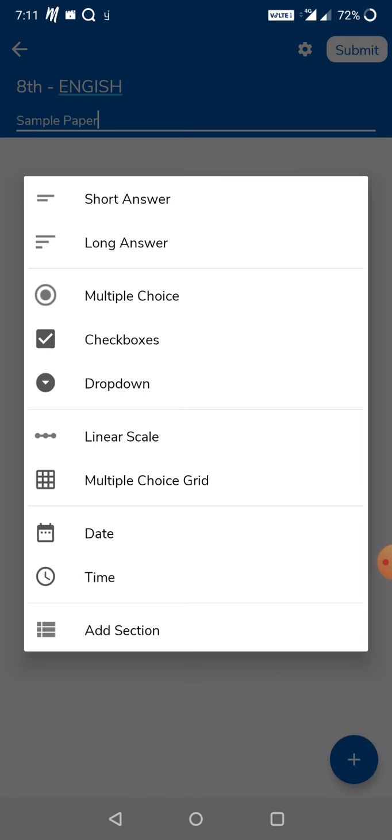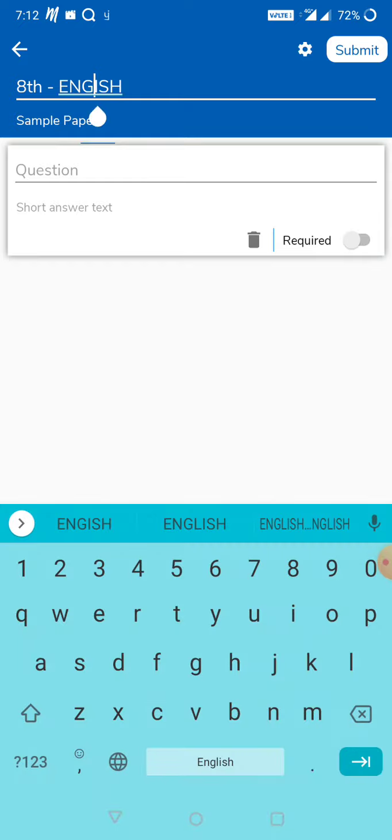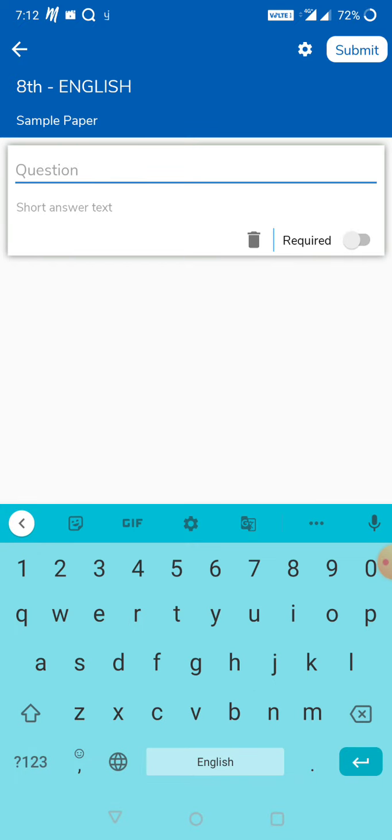Okay, the first question for students should always be what is your name, because when a student responds, the response automatically comes from the email ID which is configured in their form, and that can be their father's, mother's or anyone's ID. So this question is very much compulsory. First we can write enter your name, and we have to make this a compulsory question so that without answering it the student can't submit the form. So here we have to tap the required button.